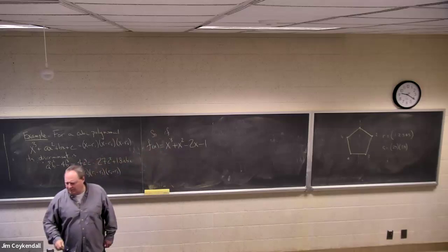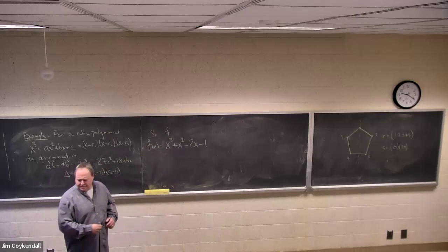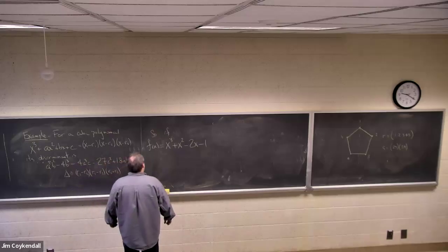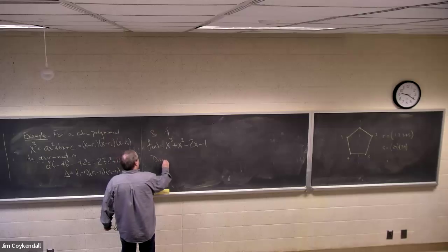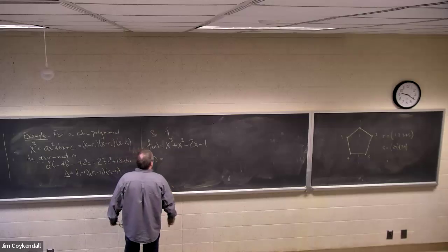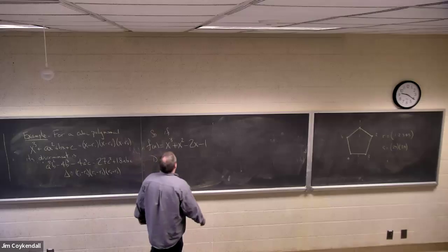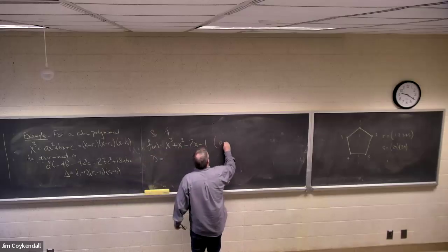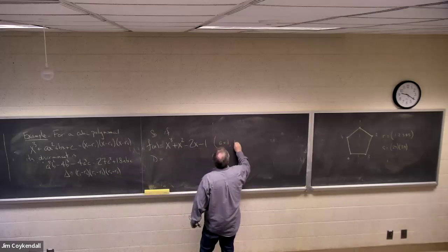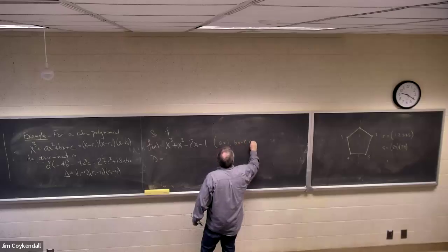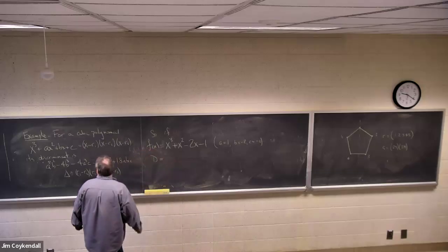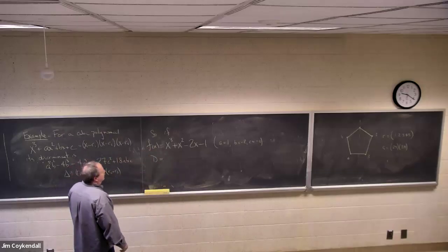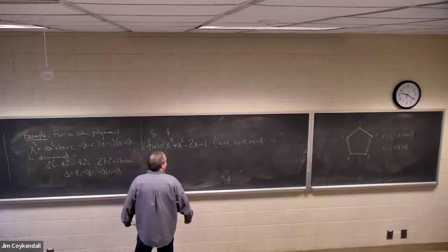So if I have this polynomial here, then the discriminant is equal to, in this case, of course, A is 1, B is -2, C is -1. Then A squared B squared is going to be 4,